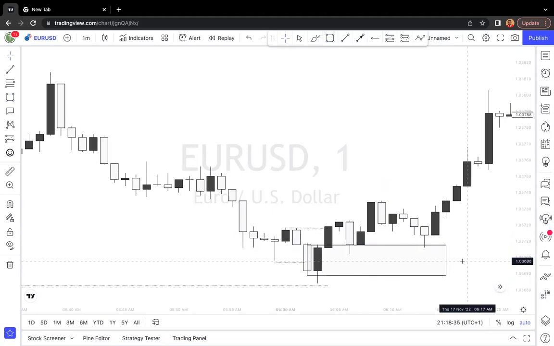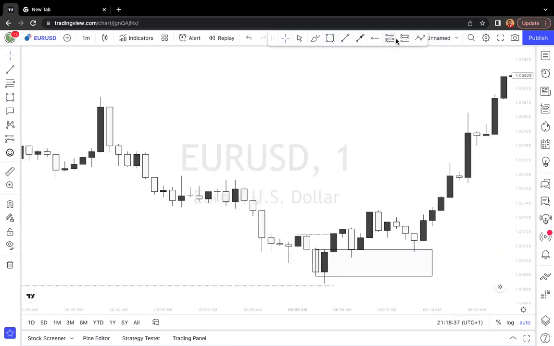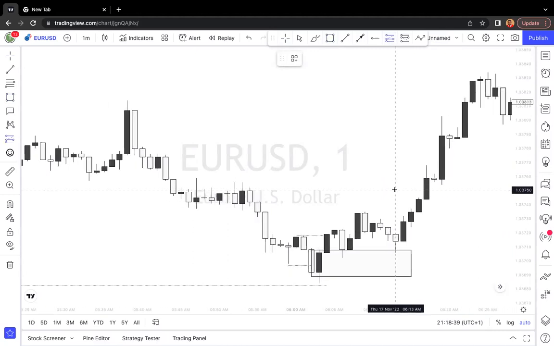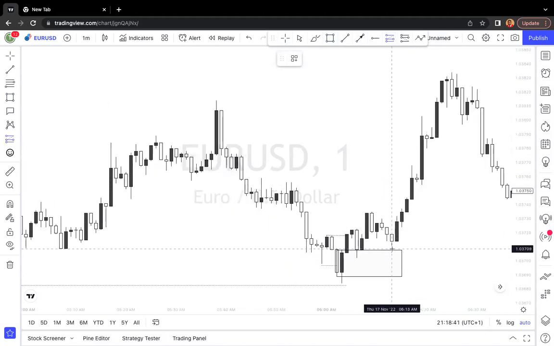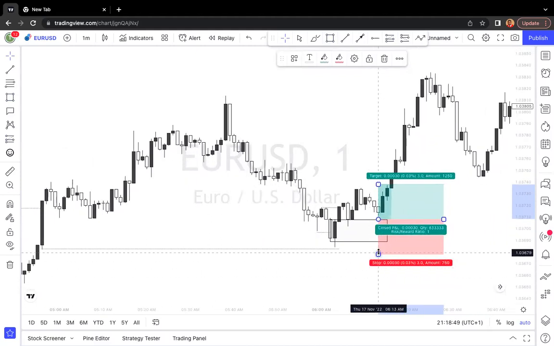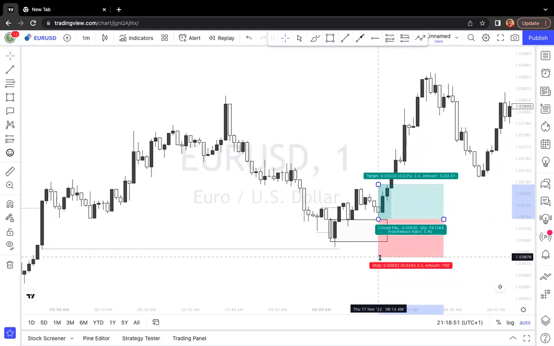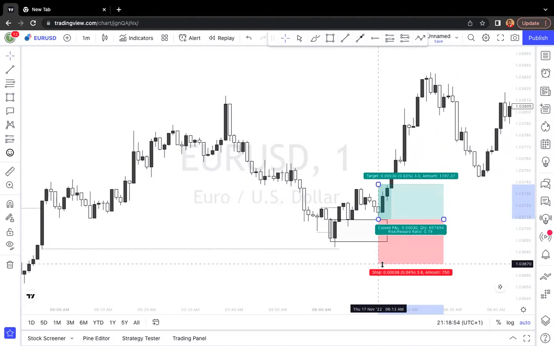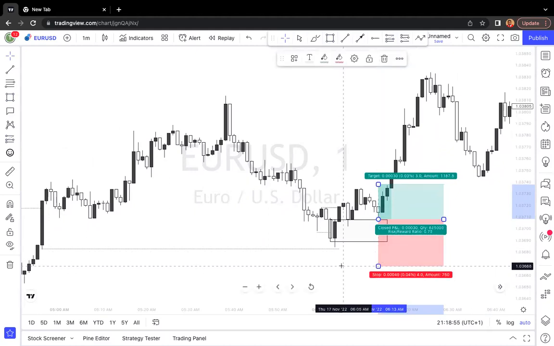Does that make sense? Obviously, I'll be protecting because I'm human. I'm not a robot, okay? I have emotions, I have all of that. So I'll be protecting this low. How many pips? 3.0, I'll be using 5 pips, just in case. Sincerely, I'll be using 5 pips for this move, or 4.